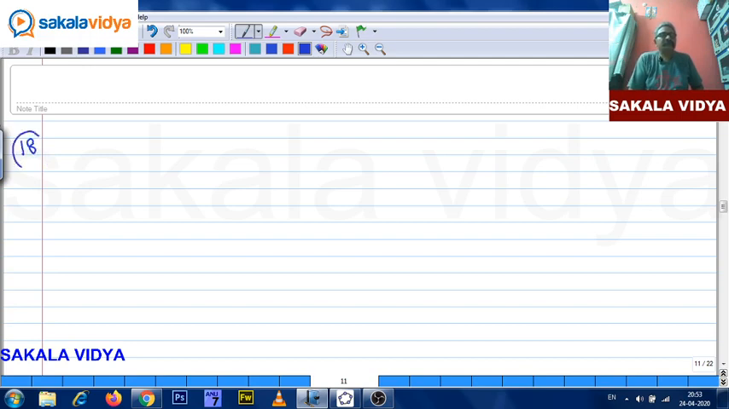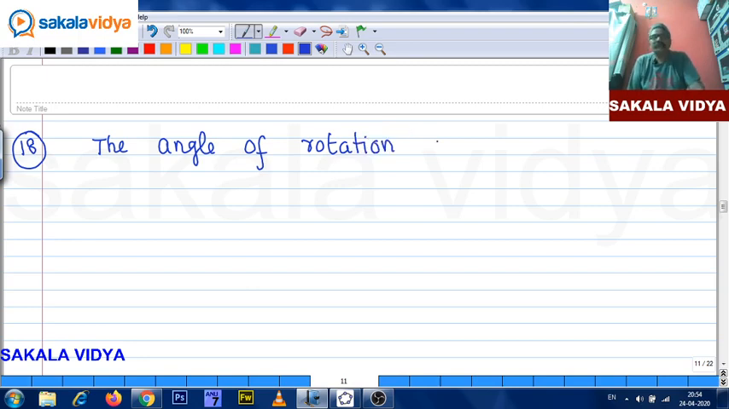Eighteenth one. The angle of rotation of axis so that